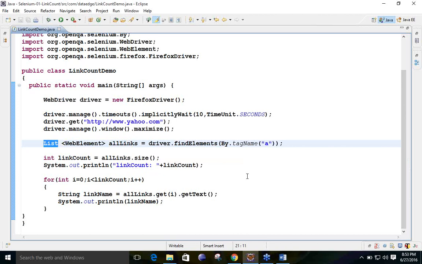That list may have some kitchen items, some dressing items, anything it can have. So the concept is the same over here in Java also. List is nothing but a group of dissimilar objects, or similar, any type of object can be stored over here. The name is all links.